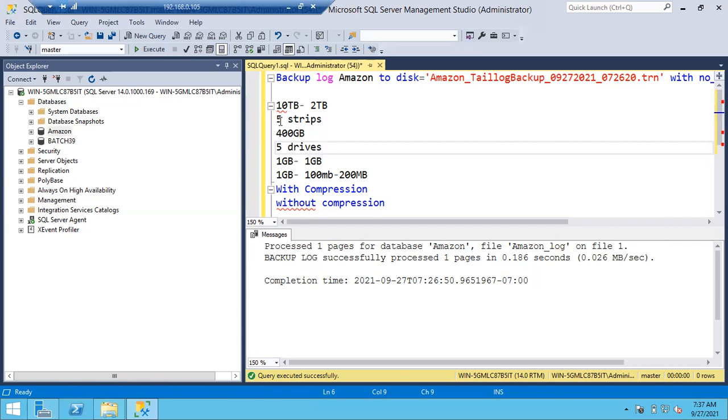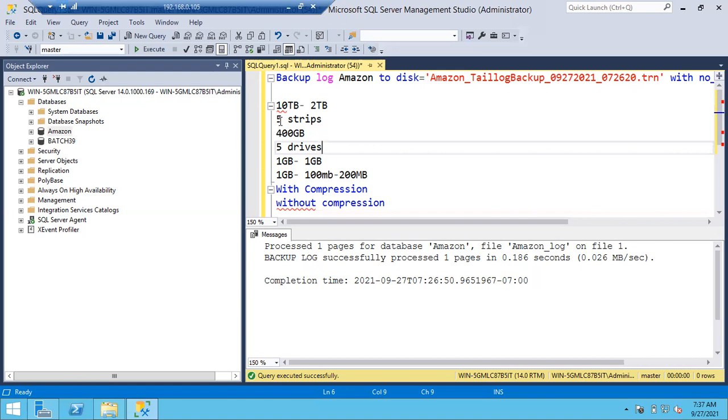We won't do that many stripes. We will hardly do 4 or 5 stripes. While restoring, remember, if even one stripe is missing, you cannot restore the database. All 5 stripes should be there, then only you can restore the database. This is very important.